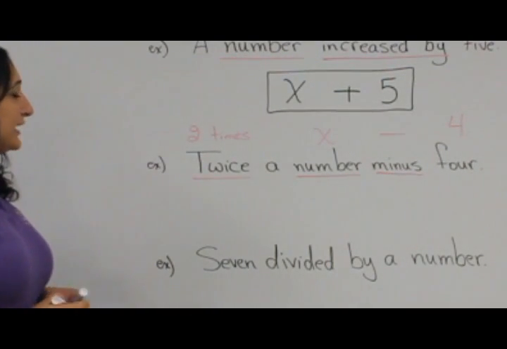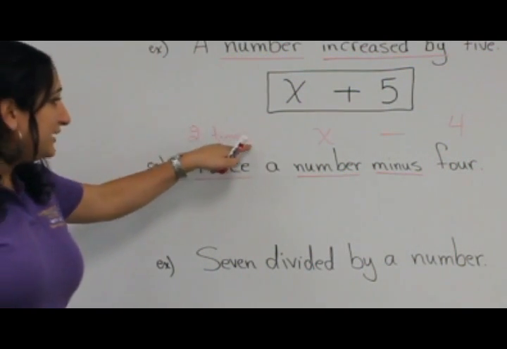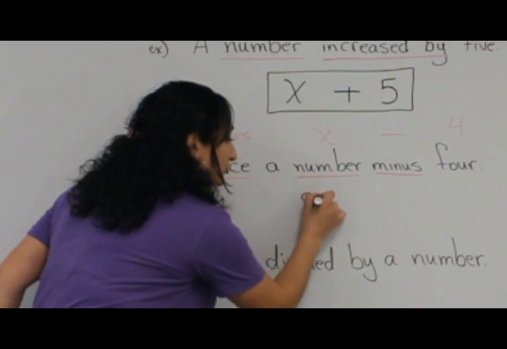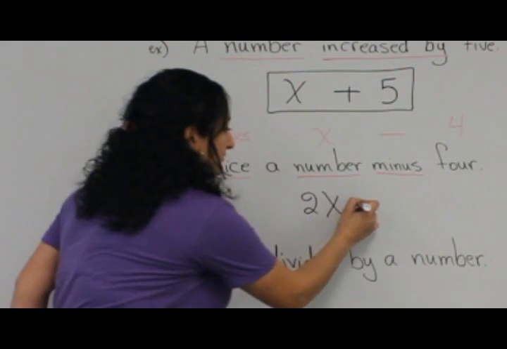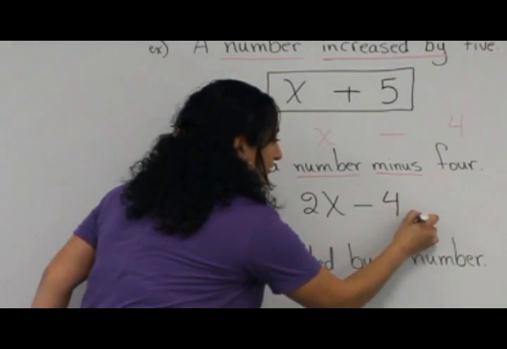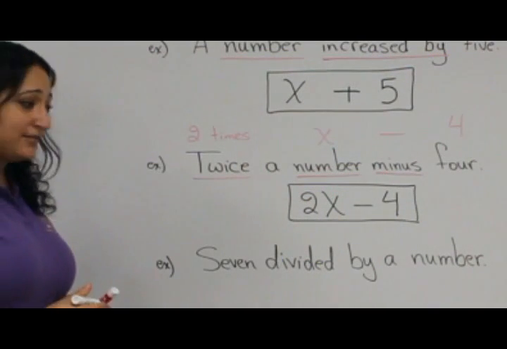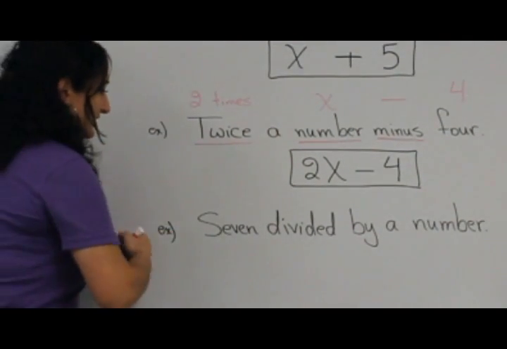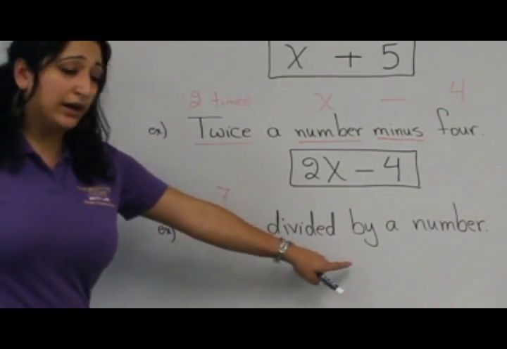So if we want to write that as a final expression, this would read as 2 times a number. So 2 times a number, that's our 2x minus 4. So our final expression is 2x minus 4. Now the last one, we have 7. Of course, that's the number 7. The keyword here is divided by